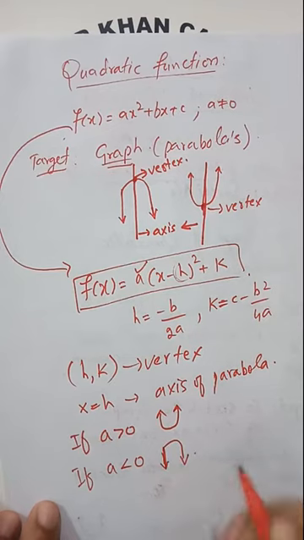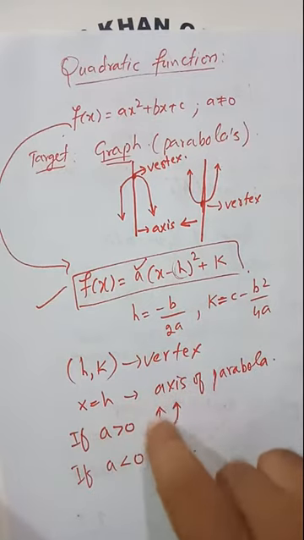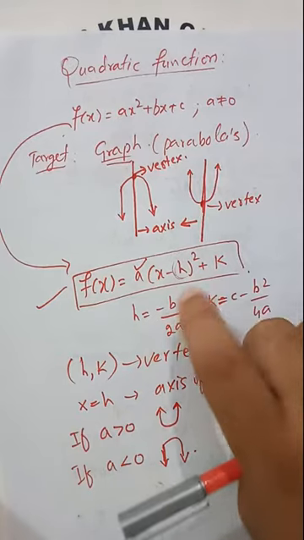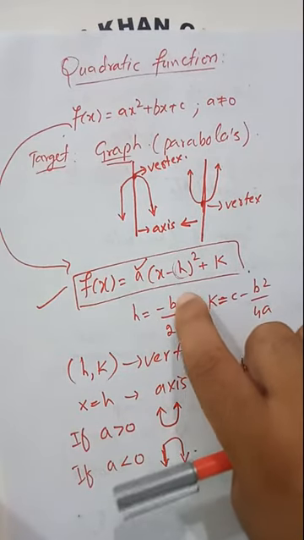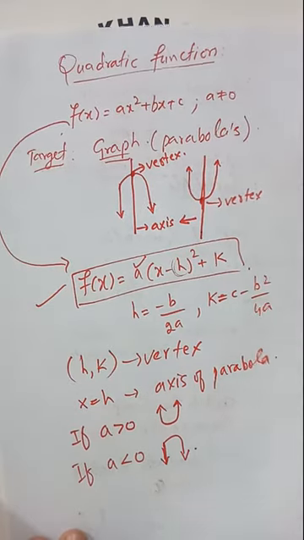So you see that from this we can get the whole idea about the graph of the quadratic function when you convert that quadratic function into this form. So this is the standard form of the parabola when branches open upward and downward. Okay, now I am taking an example to explain this a little more.